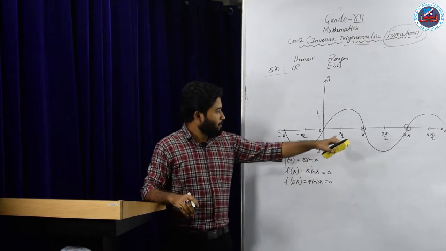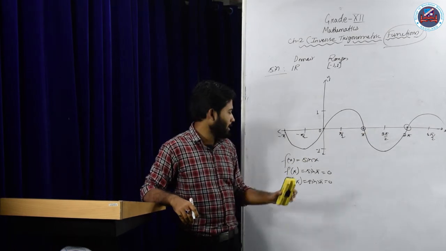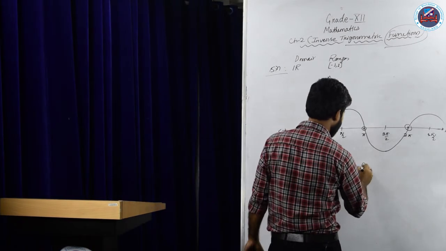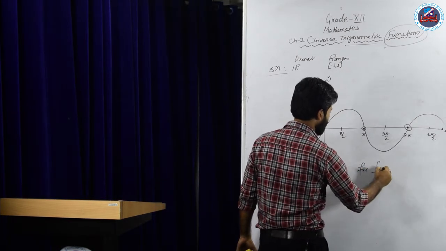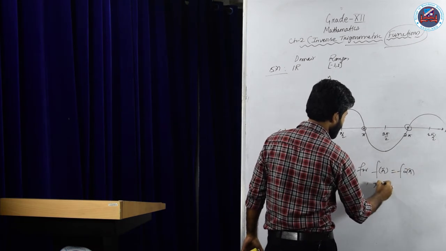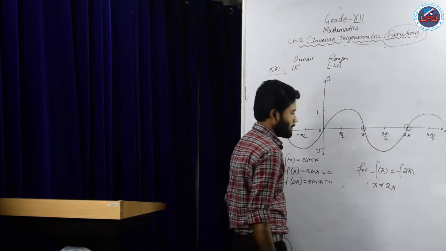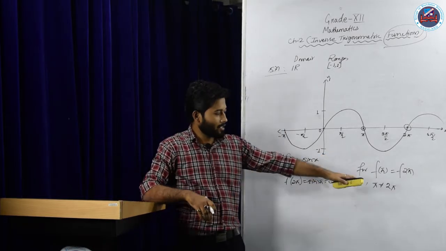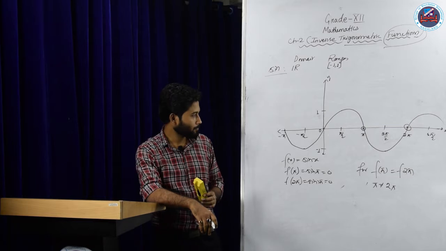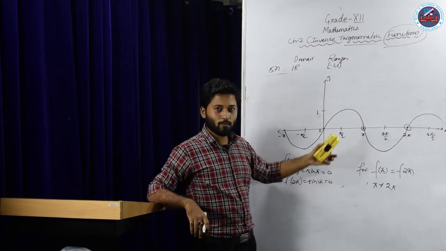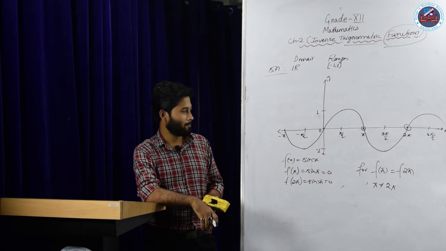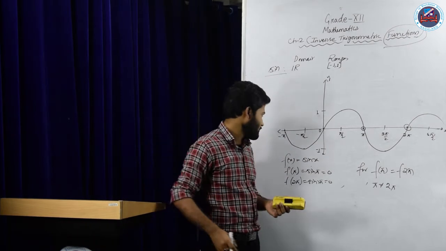That means for two values of x, we are getting the same value of f(x). So in other words, I can write f of pi is equal to f of twice pi, while pi is not equal to twice pi, isn't it? So what is this condition? From this condition we can see that the sine function is not 1-1. Clear? Okay. So since it is not 1-1, there is no question of searching for the inverse of the function. So let us see the onto case.